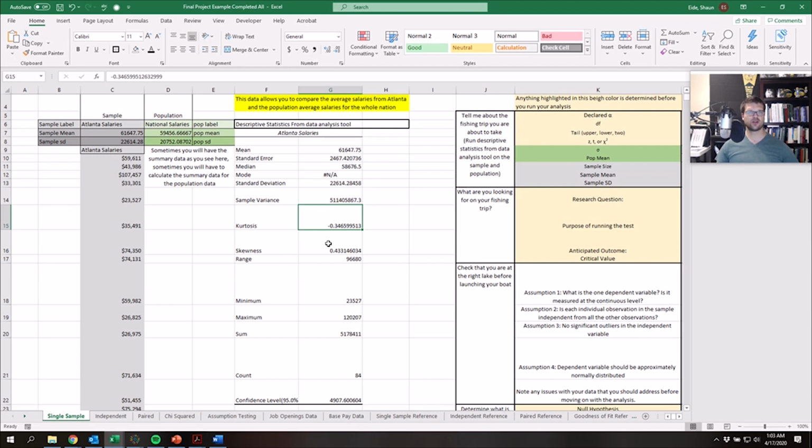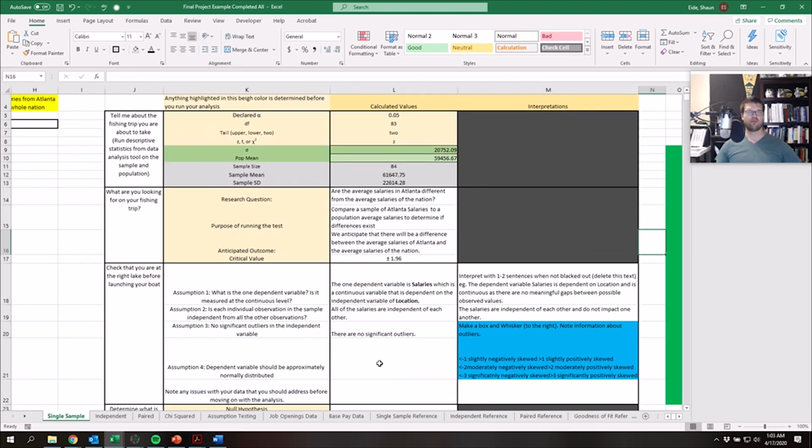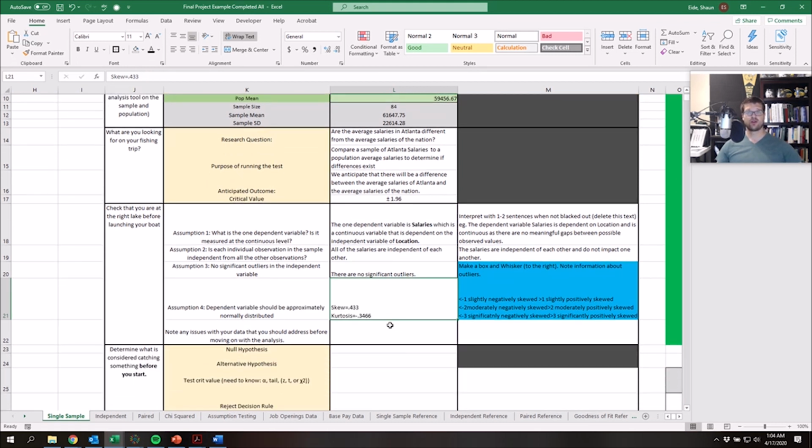And there's one more piece of information that we need to look at, and that's over here in the descriptives. You notice the kurtosis and the skewness. Both of these are under 1. So because both the skewness and the kurtosis are under 1, and because the histogram looks good, we know that it's good. Okay, so you notice it says skewness. I put in there skewness equals 0.433, and then kurtosis equals 0.3466, and then I'm going to put a little bit more information in here, and I'm going to say